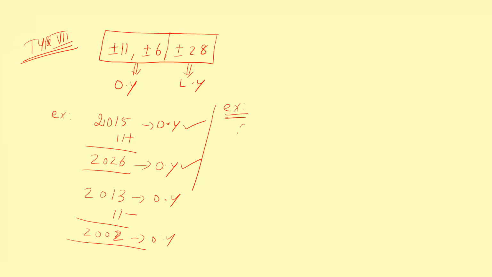Now a different situation. Now see this 2013 calendar. Okay, this is ordinary year. When it will be used in future? Okay, they're asking when it will be used in future. So we will do what? Addition of 11. So 2013 is ordinary year plus 11. My answer is what? 2024. What is this year? This year is called a leap year. This is the ordinary year and this is the leap year. So we can't use 2013 calendar in 2024 because this is a leap year.